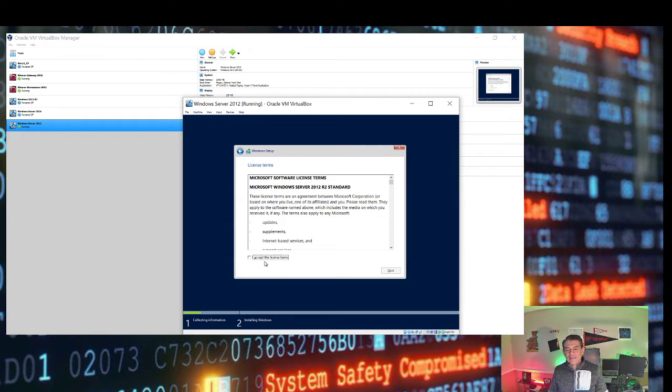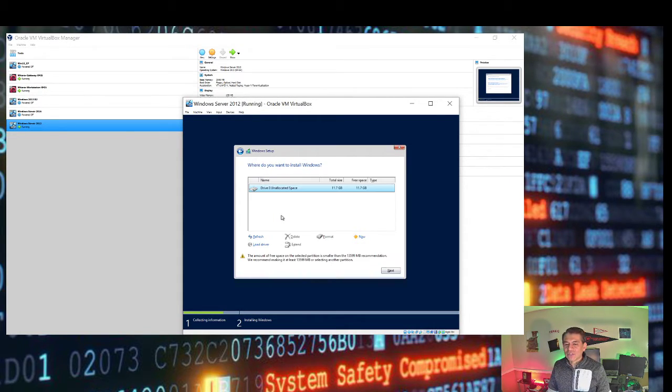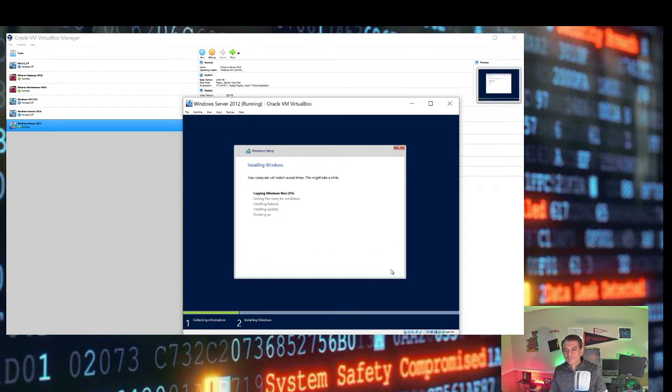Then accept the license terms and click on Next. Here, make sure that you select Install Windows Only. You're not upgrading, you're installing Windows from scratch. You go with the space that you allocated. You may remember that I said about 12 gigabytes, so I selected 11.7, and then I click on Next. It's going to copy and get all the files ready, and then install Windows Server 2012 and finish the installation,